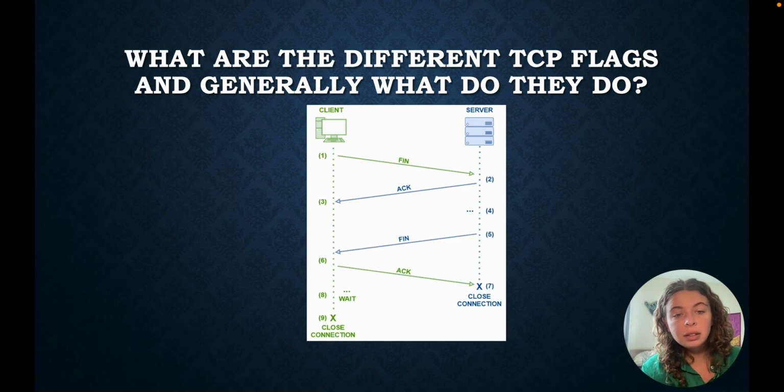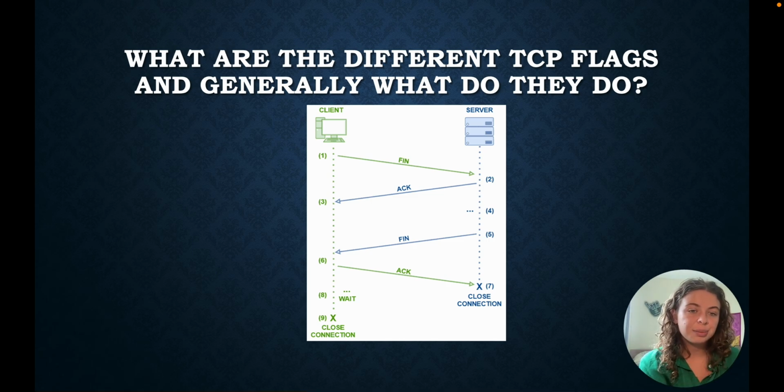Then we have FIN, which is finish. The purpose of this is to gracefully end a connection. This signals the sender's intent to close the connection. Both sides, though, must exchange FIN flags to fully terminate that TCP connection. An example of this would be a client sets the FIN flag to inform the server that it has no